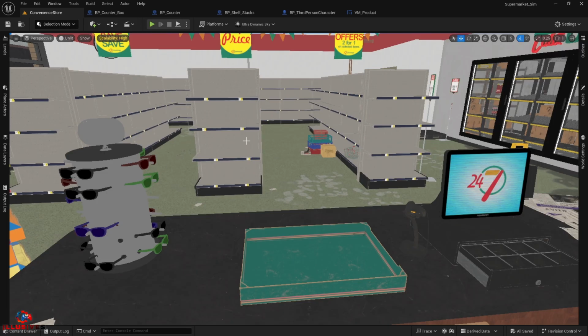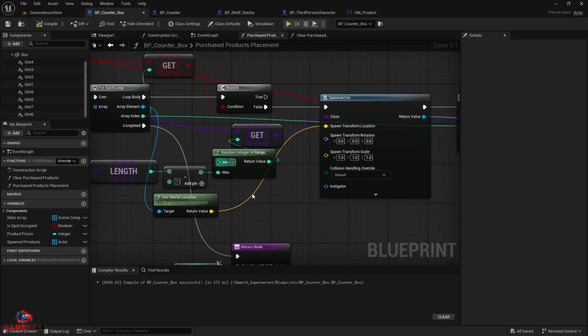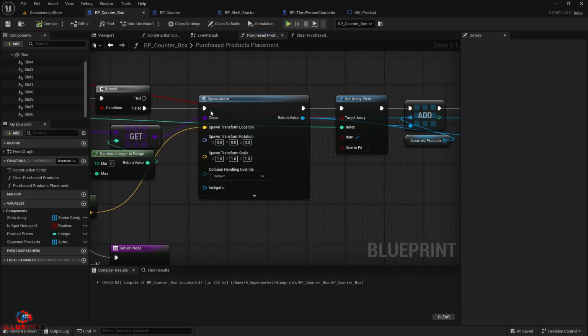All you can do, because I'm already showing you the basics, is the shortcut formula. And now, because all the products we placed, we of course need them to be removed, right? So if I just use that, how will we remove? If I try to destroy this counter box, once we come here,